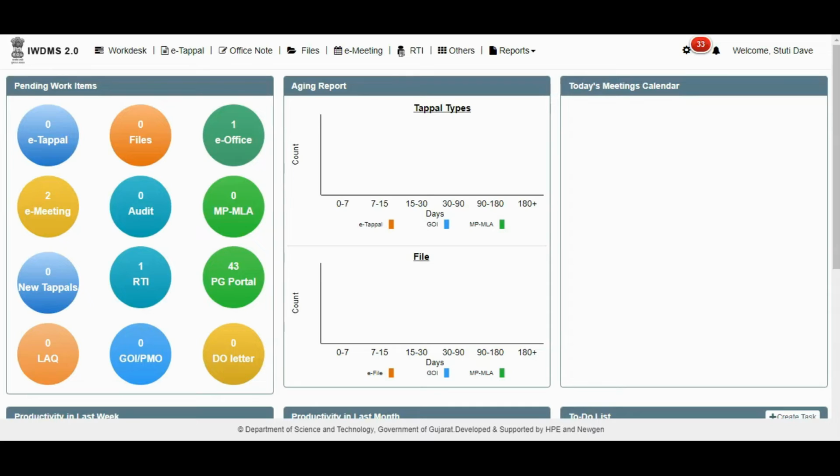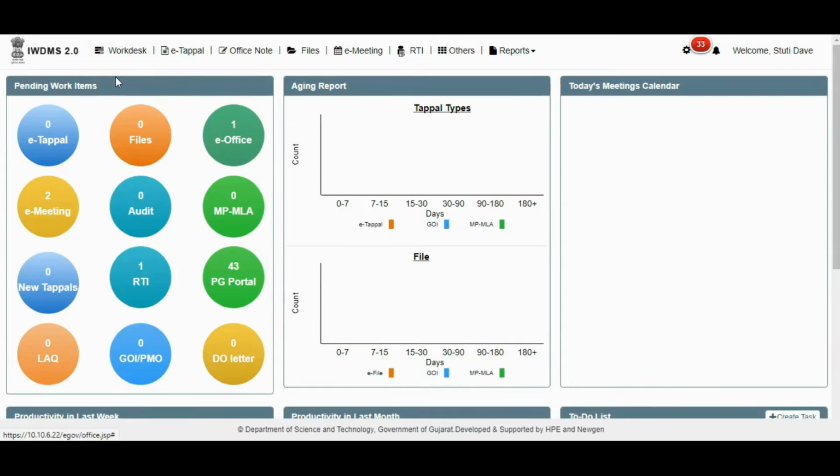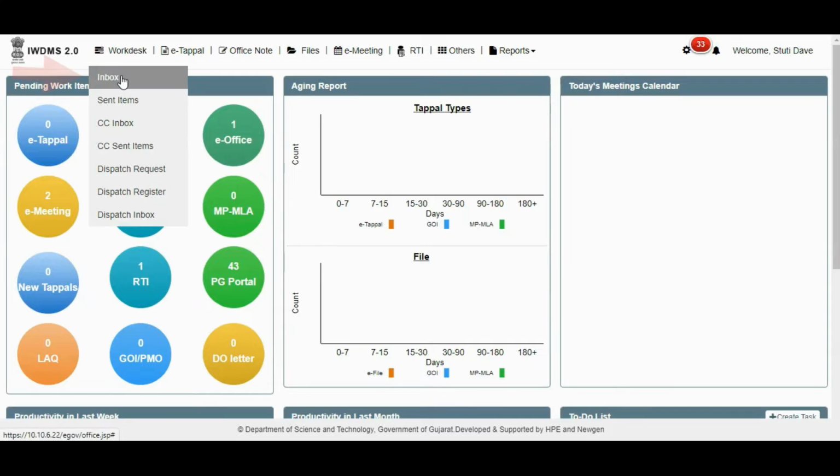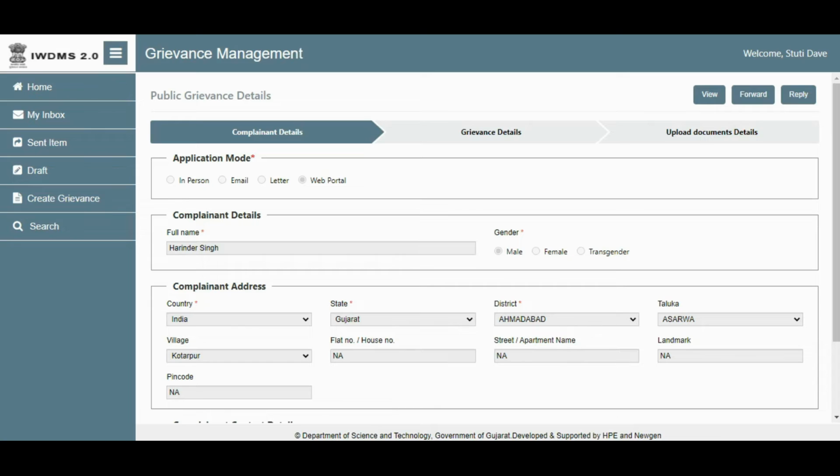Now the forwarded user needs to log in to their account. The user needs to check the inbox to see the received complaint details. After clicking on the Inbox button, the user will get this screen. Here the user can see the received complaint in the inbox. The user needs to click on the complaint number. Here the user can see the details of complaints received from the internal department. The user can see all the details of complaints